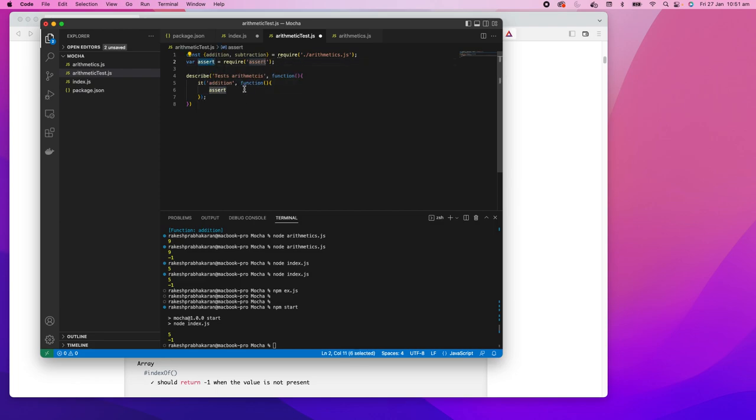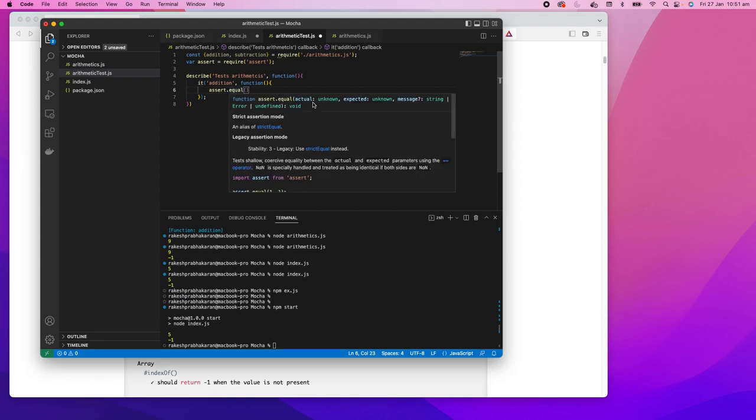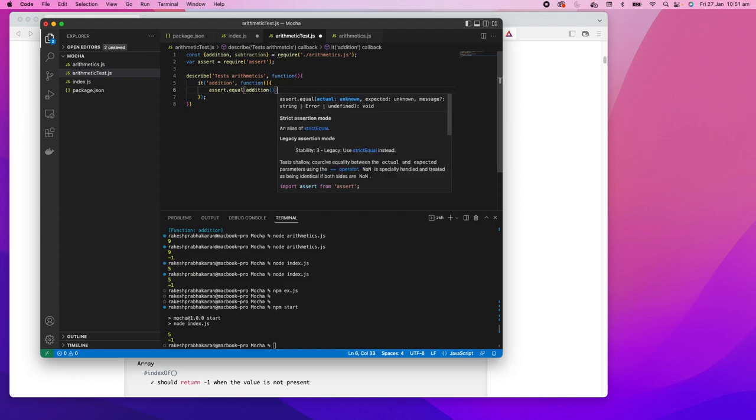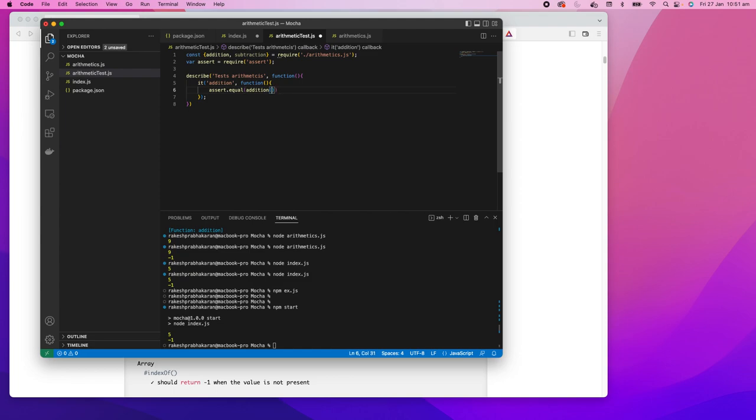It's inside the assertion namespace. It gives you a function called equal. If you hover on it, it takes three parameters: the first is the actual value, the second is the expected value, and the third is a message. If the actual and expected are not the same, it will throw you the message or an error. To test this, first you have to call the function and pass the two parameters